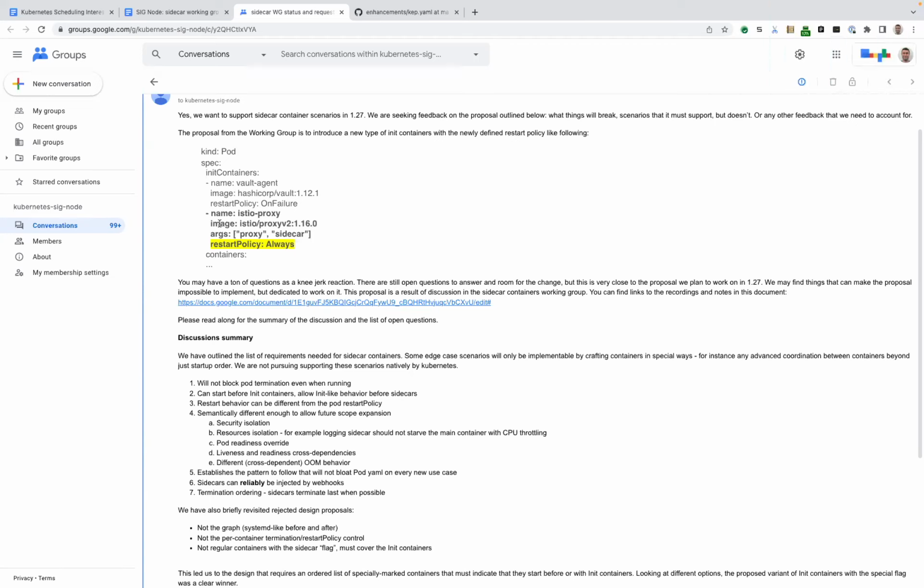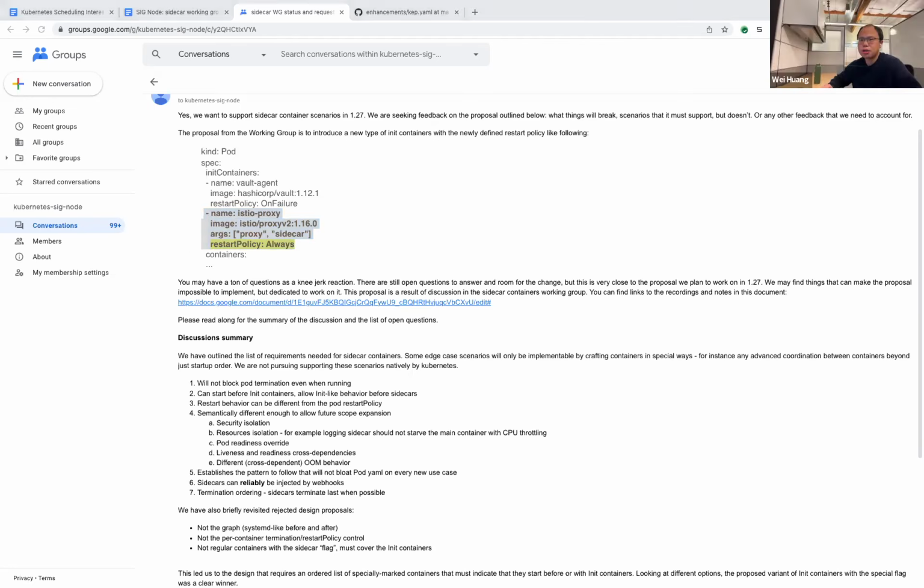Okay. And so in this case, basically the difference is that this container will be allowed to continue to run after you finish. This is the new semantic as well, right? Which means you need to change the calculation to take into account that it's not just the maximum, you need to add it up to whatever the pod spec, the normal containers have. Exactly. Okay, that makes sense. So it looks like a regular container that is always running out there with other containers specified in the spec.containers spec, right? Yeah, it looks like a regular container.